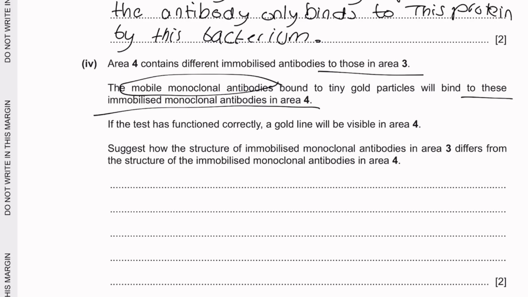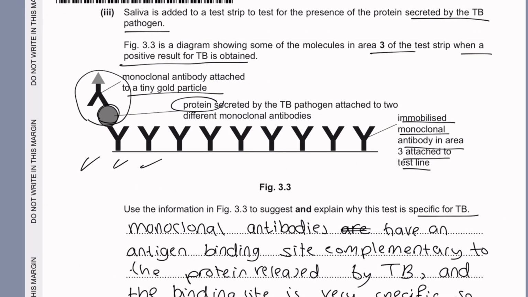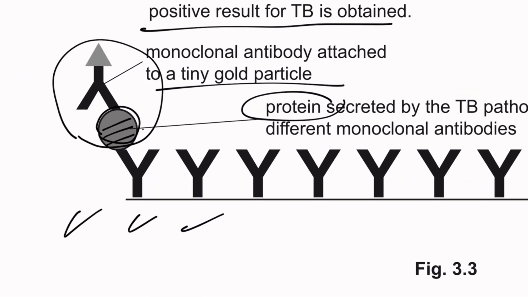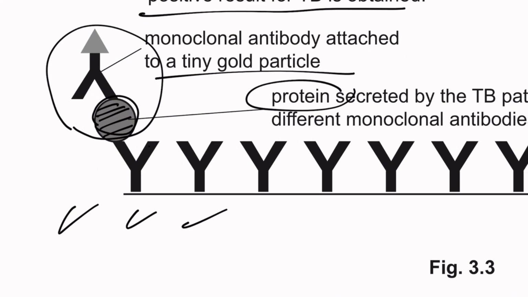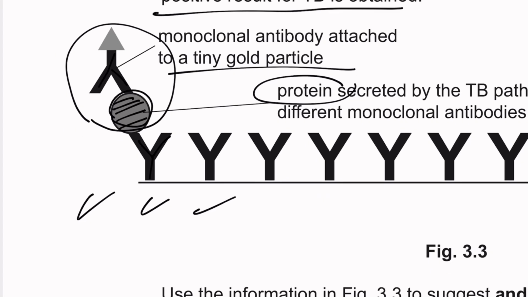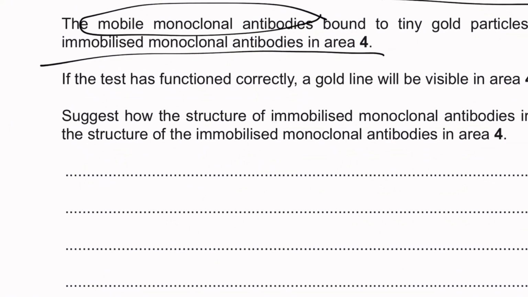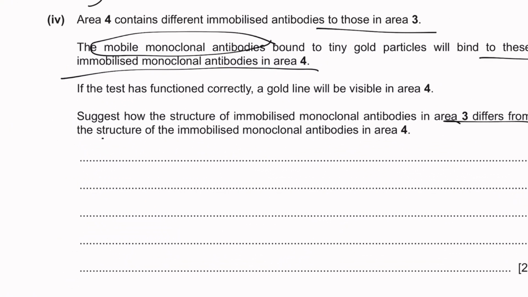So maybe the difference here is that the antigen, the protein itself, is the one that binds to those antibodies, and the antibody is the thing that's being bound to the other antibodies. And obviously he's looking for the difference in structure. So we can just list the differences in structure, whether it's primary, secondary, tertiary, or quaternary structure. I don't think quaternary structure will be different. It's always going to consist of four